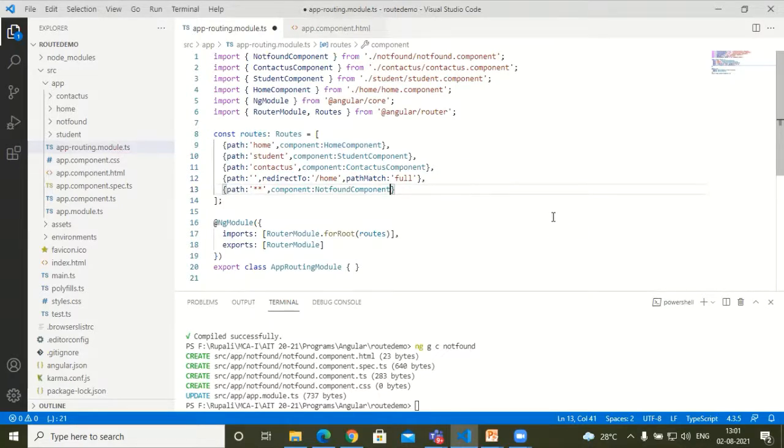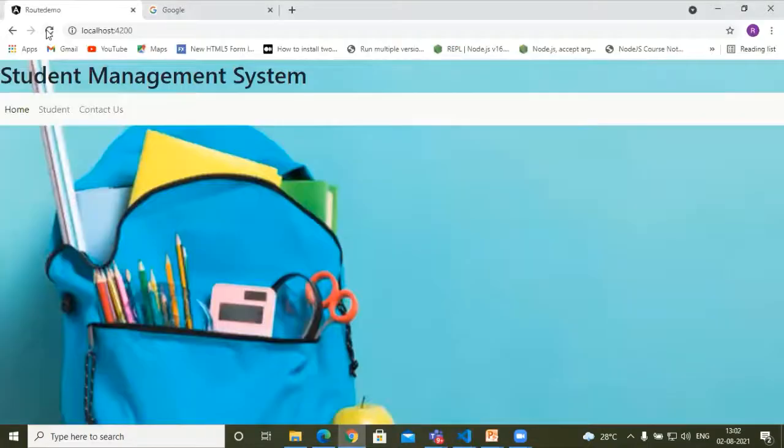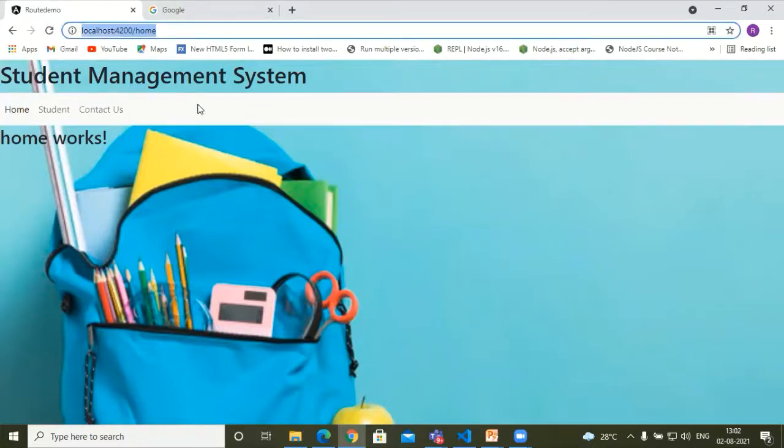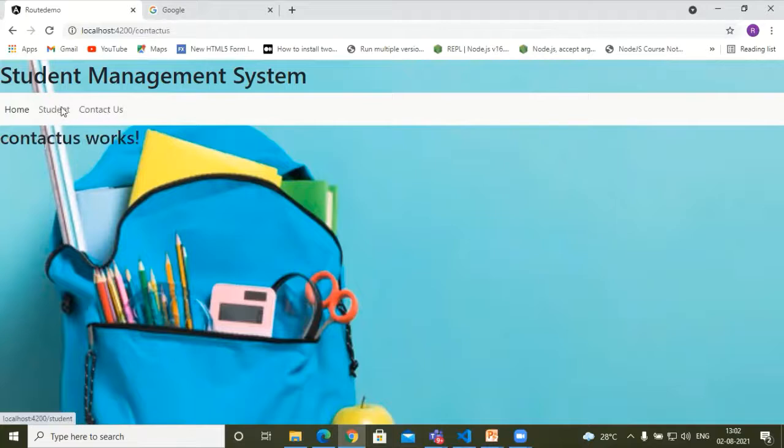Simply save this file and execute your application once more. Now, after executing, this is my home page of this particular application, and you can navigate as we discussed earlier.